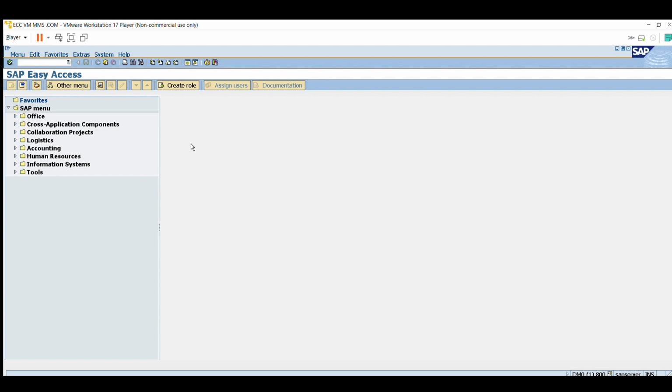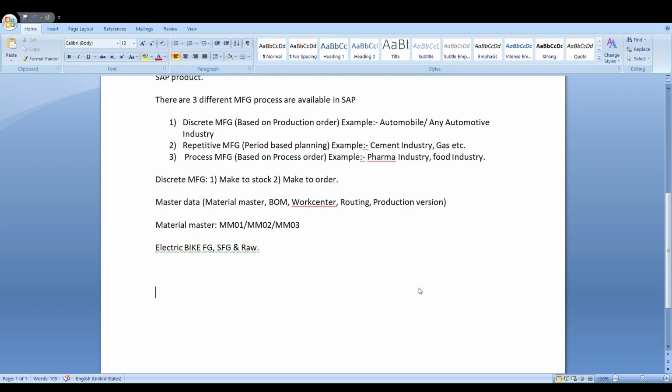So now we have created the master data. Okay, we have created material master, bill of material, work center, and routing. So today we have created the bill of material. Okay, I will type it in a Word document as well. BOM means bill of material. The T code for BOM is